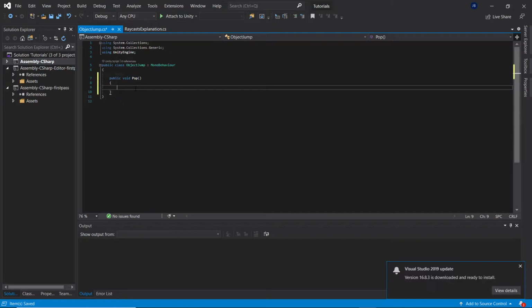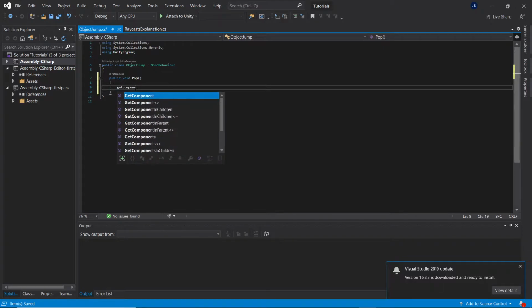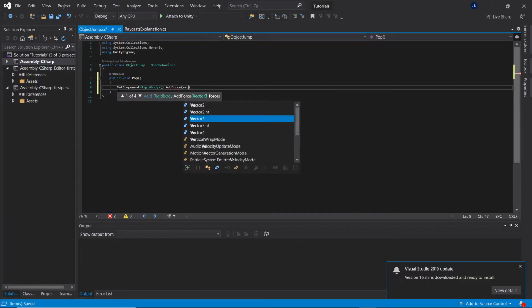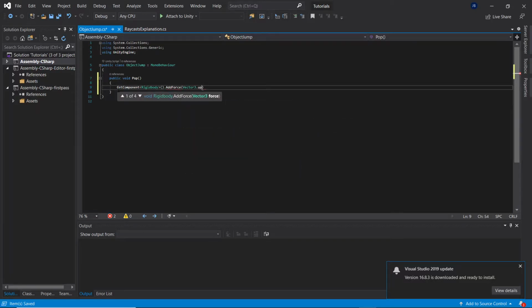And then in here, I just want it to pop the box up a little bit every time the button is pressed. So we're going to say GetComponent Rigidbody, and this will return the rigidbody that's on the cube since this function is on the cube. And then we'll say dot AddForce, and then Vector3.up to make sure that it's getting popped up, times, I don't know, we can say